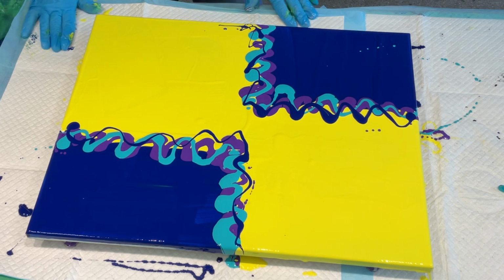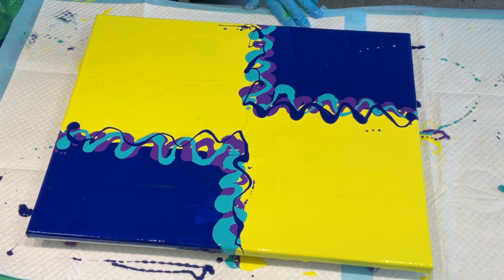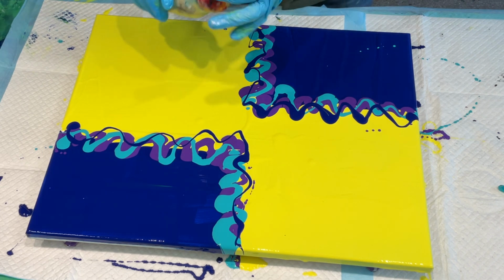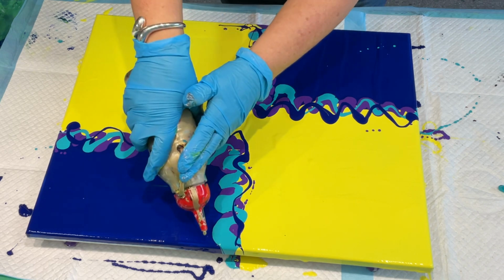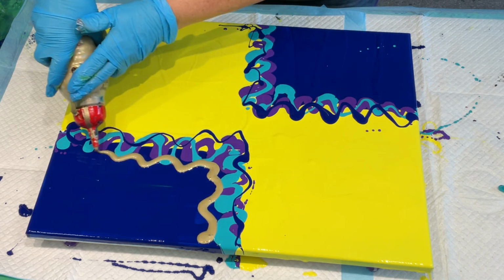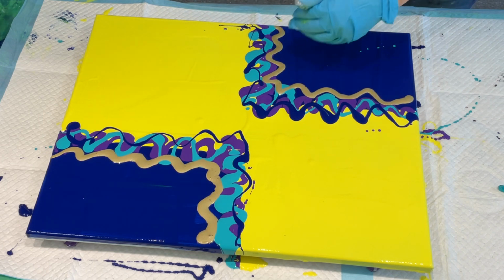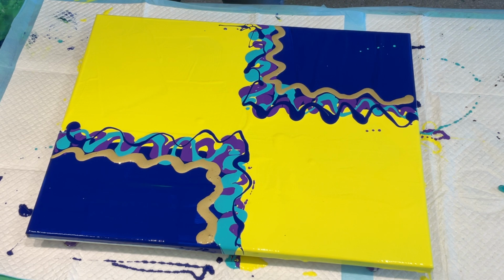I think a gold would look nice in it, but let me think. Maybe a gold. Should I go with gold? Go for gold. What I might do is, this is champagne gold, so it's 50% gold, 50% silver. I might put that on the blue side because you're not going to really see it if I blow gold onto the yellow, because it's too much like yellow, obviously. So I might stick with the